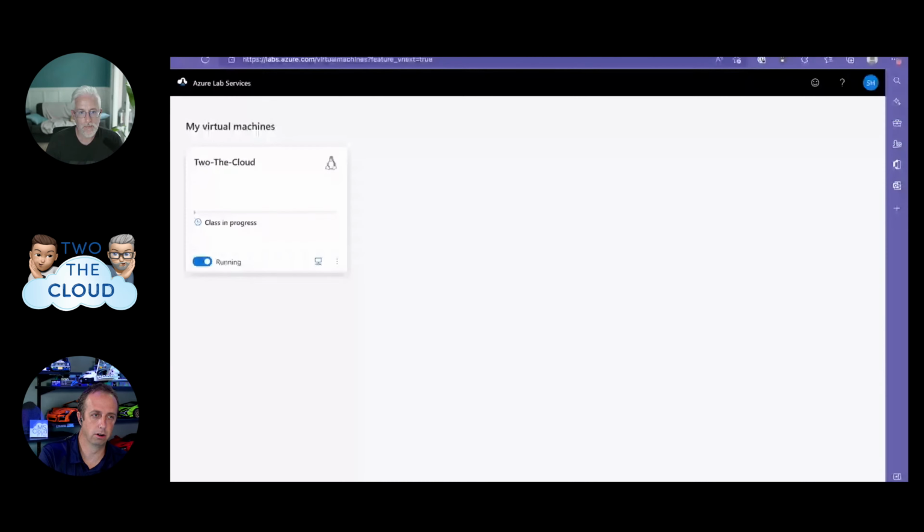Do the VMs end up in their own networks? Or if you have 20 students, are all these VMs sitting on the same network for those 20 students? Could they start messing with each other or see each other's VMs? They're all in their own, as far as I remember. But again, you can do the thing where you create a subnet and you put them all in the same VNet and all on the same subnet.